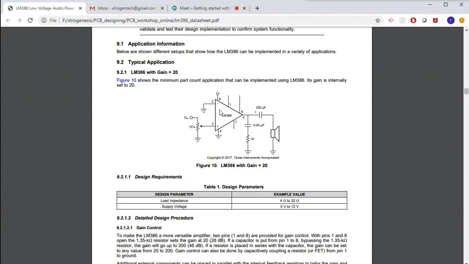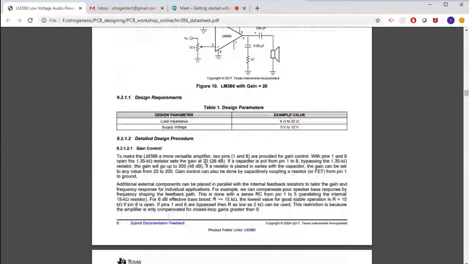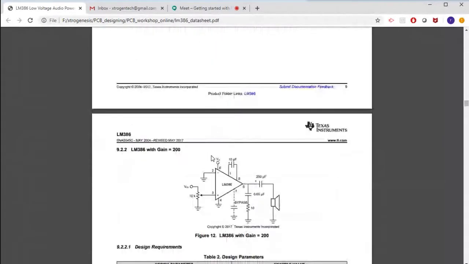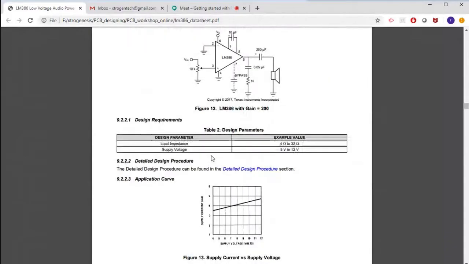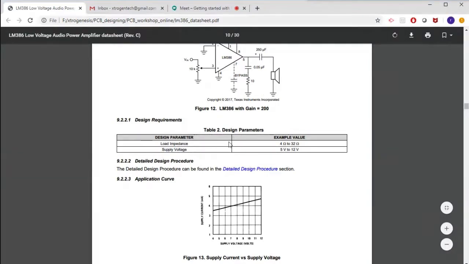But suppose you want a gain more than 20, you're working on a project which requires a gain more than 20, then what should you do? Obviously, you need to connect some more components here, so that you get an output with a higher gain. That has also been provided in this data sheet. So make sure you go through the data sheet in depth. See here, this circuit gives a gain of 200. To provide a gain of 200, you have to design a circuit somewhat like this.